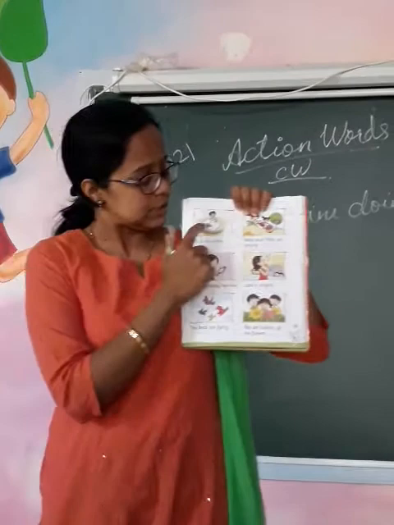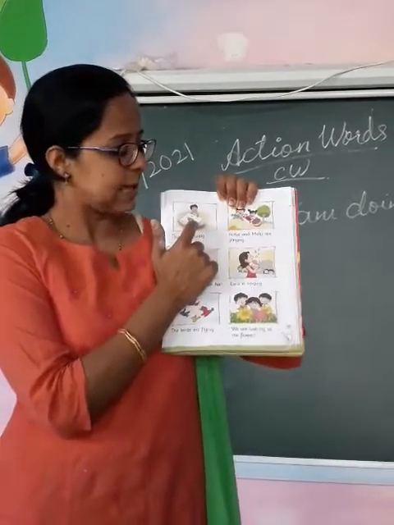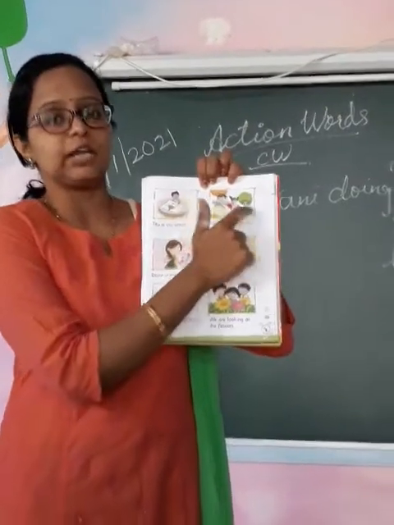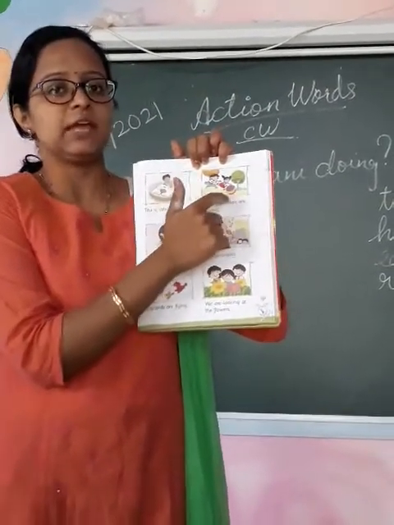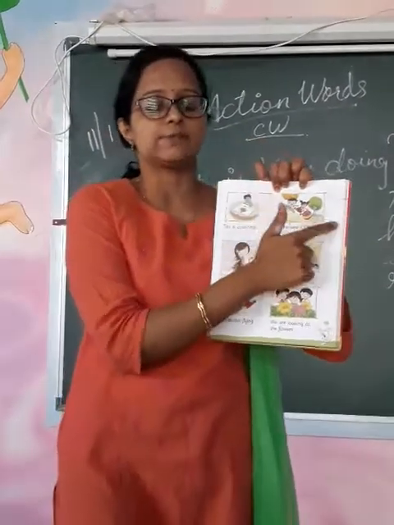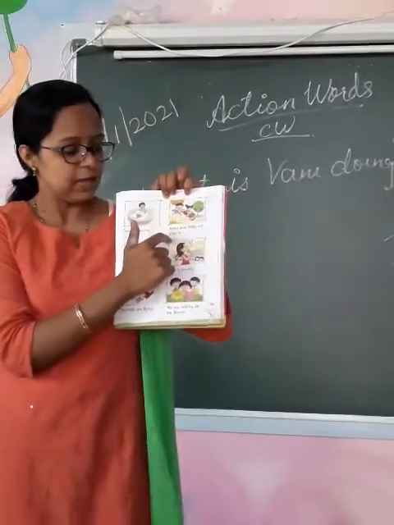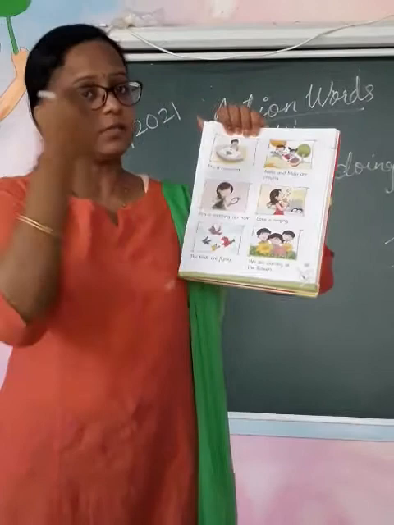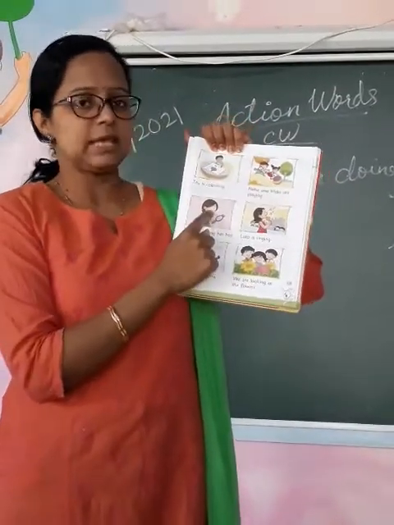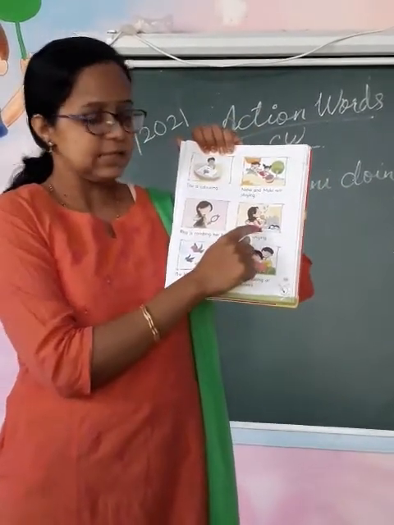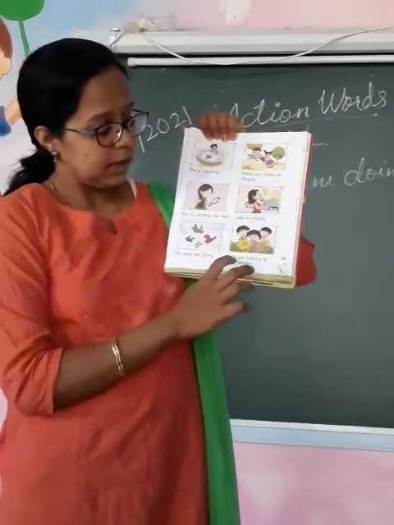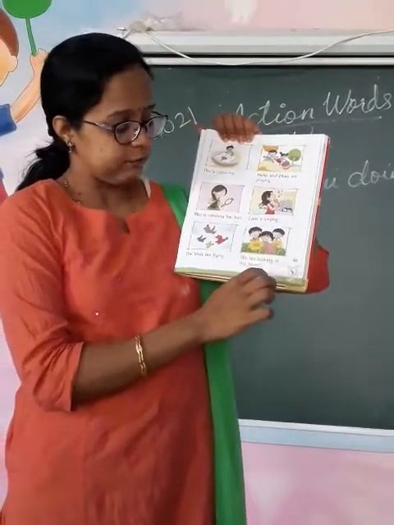Okay. Next. Here is a boy called Tittu. What is he doing? He is coloring. So coloring is an action word. Neha and Mala are playing. What are they doing? I am using they. Why? Because there are two girls, more than one. So they are playing. Okay. What is Rita doing? She is combing her hair. Combing is an action word. Lata is singing. The birds are flying. And we are looking at the flowers.